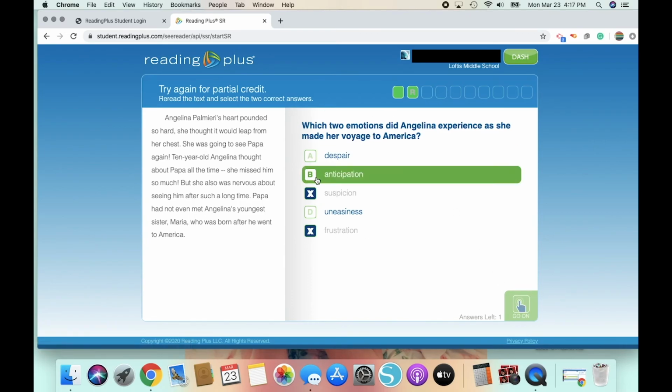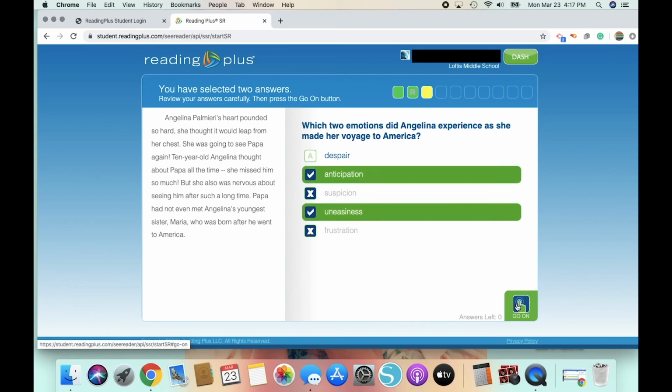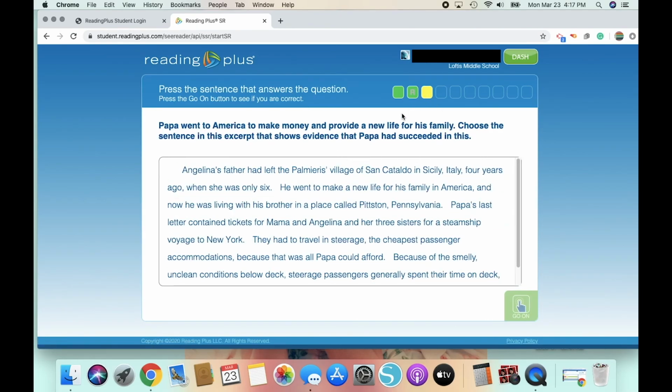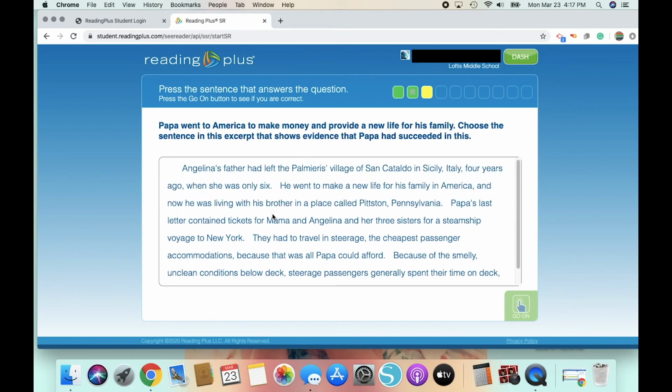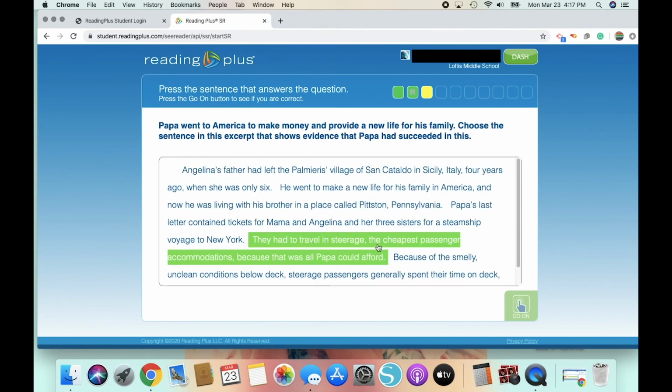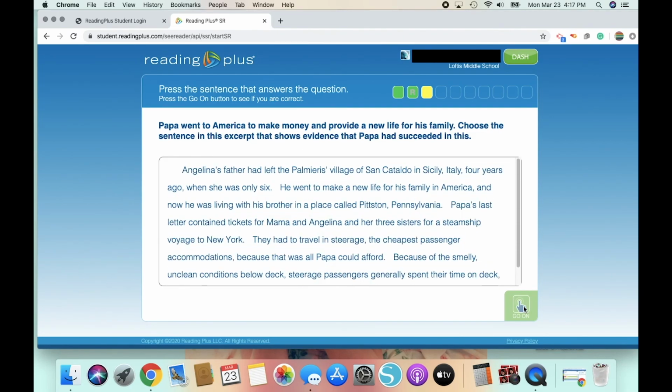I'm going to click anticipation here and uneasiness. So now that I got that question correct on the second time through, it gave me a yellow, which is going to take my points down a little bit. Then it's going to ask you another question, you'll answer, and then click go on, and you'll go on through